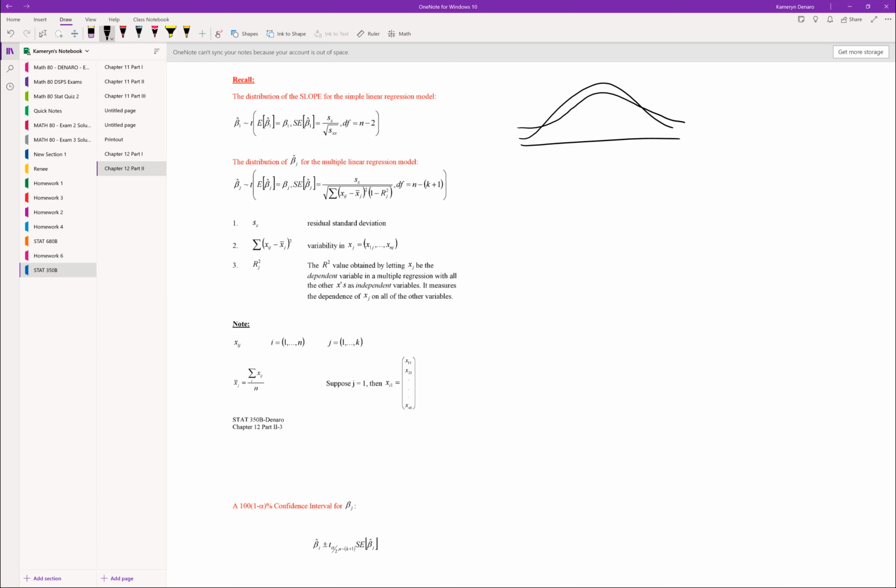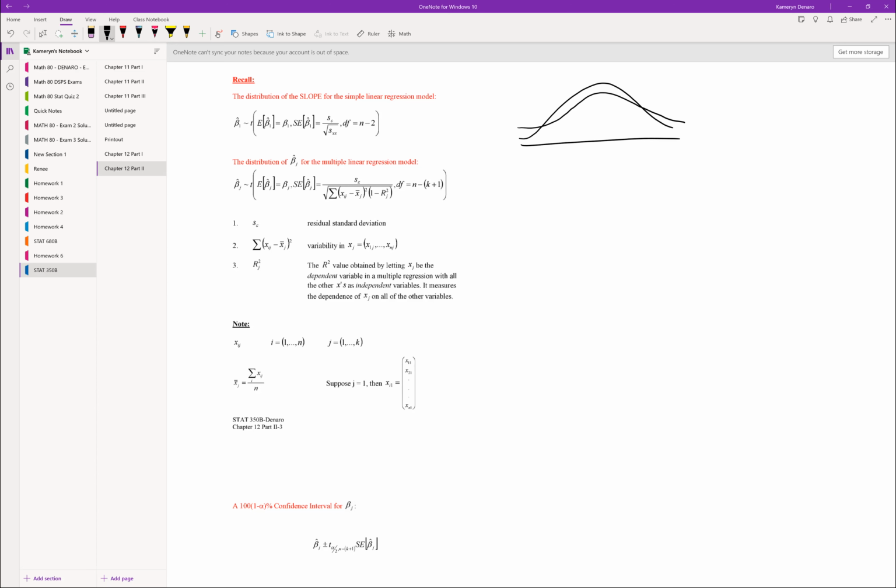It's also going to be a t distribution with the expected value of the estimated slope being equal to the true slope. And the standard error of the estimated slope is going to be equal to S epsilon over the square root of the sum of the xij minus x bar j squared, times 1 minus r squared j. Now,